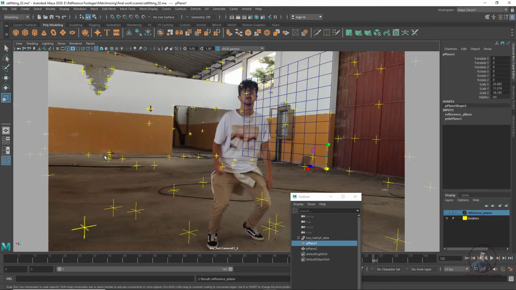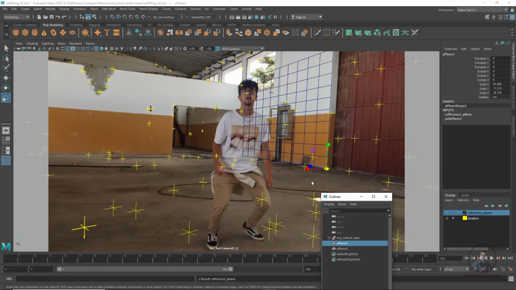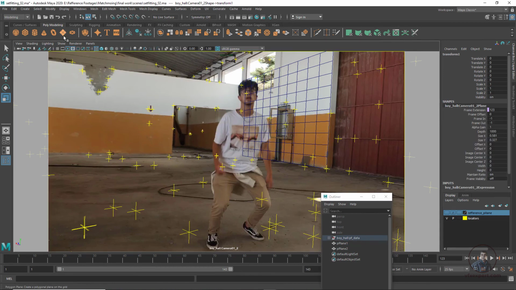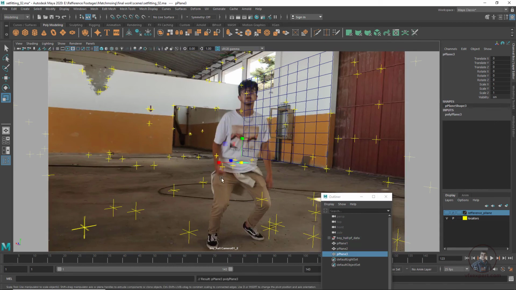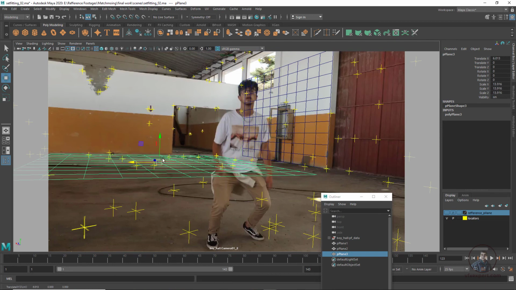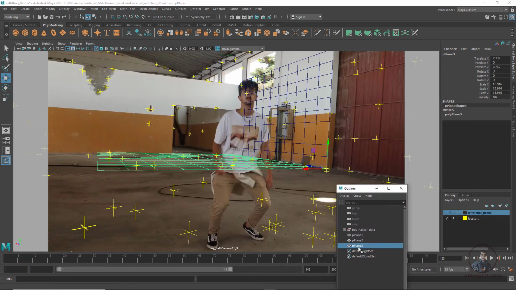Now here I am going to create a ground plane. So finally create a new plane here. So take this plane. So now easily you can see, you can take and adjust. Again hold D and V here. So here again press V and snap, and now you can scale your plane according to our ground here. So now I've selected this plane and scale it according to your requirements.